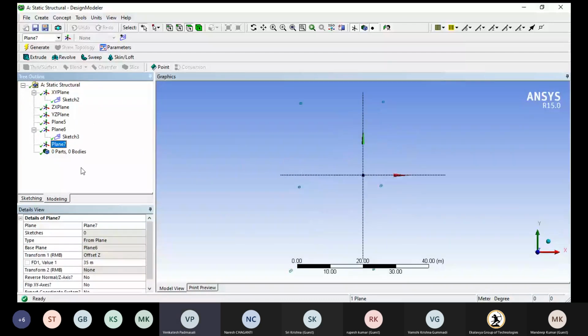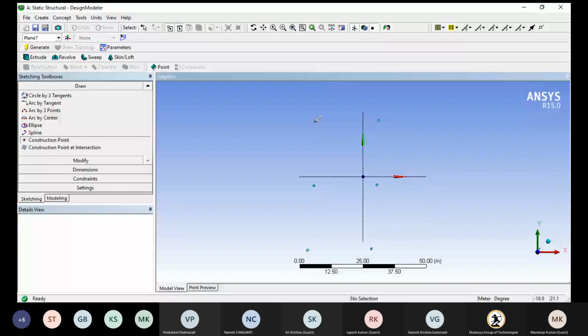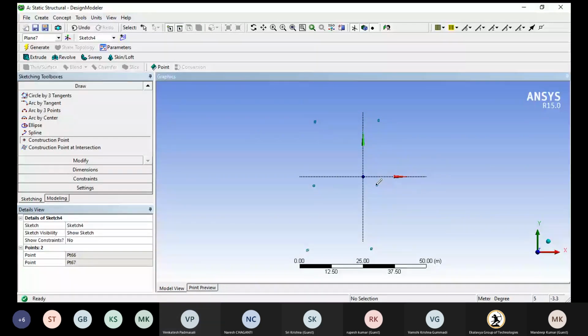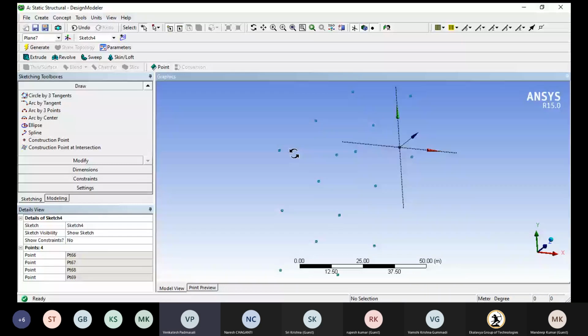Plane, right click. Look at. Now I would like to enhance any 2 points over here, any 4 points over here, sketching, construction. Number 1, number 2, number 3, number 4. So generate.